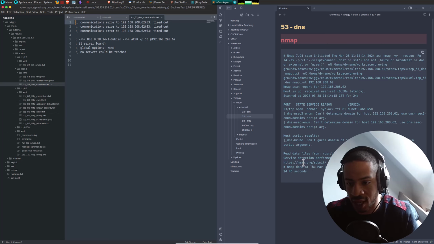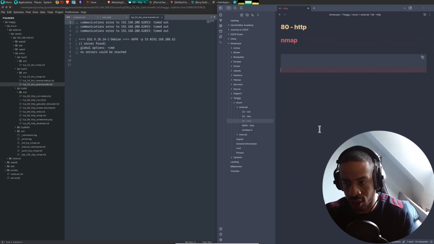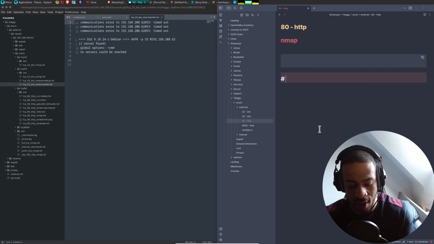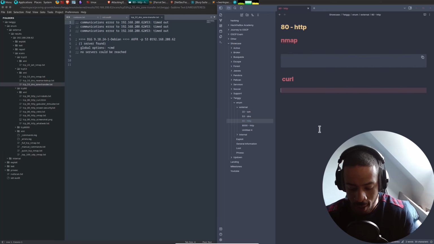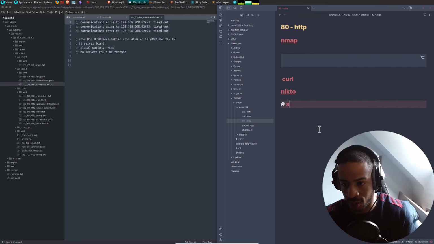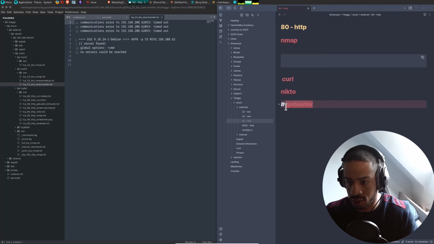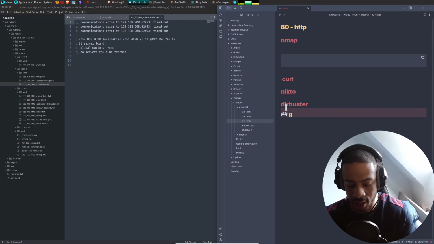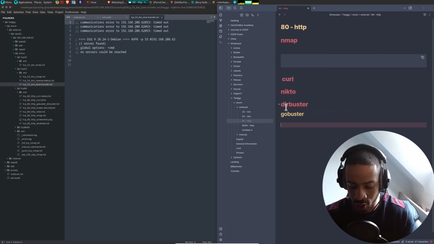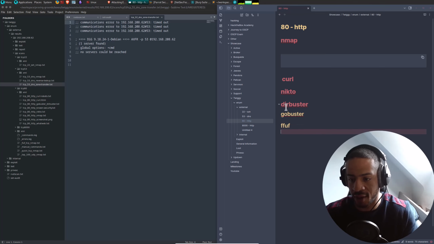Let's go to port 80 and do all of the other commands except for nmap. So that would be curl. That would be Nikto. That would be GoBuster. Let's do Dirbuster. And then GoBuster, because I usually also run my own FFUF.